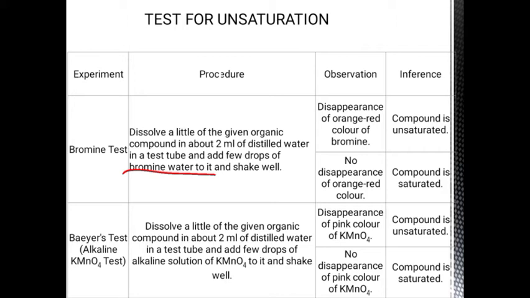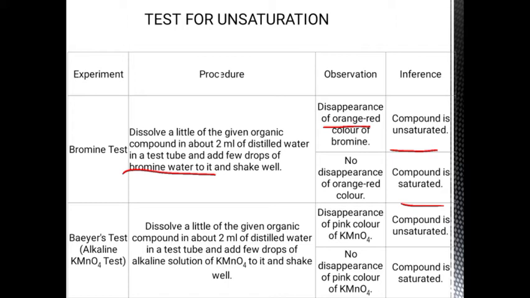Bromine water already has an orange red color. If the orange red color disappears, then we can confirm that the compound is unsaturated. If the orange color does not disappear, the compound is saturated.